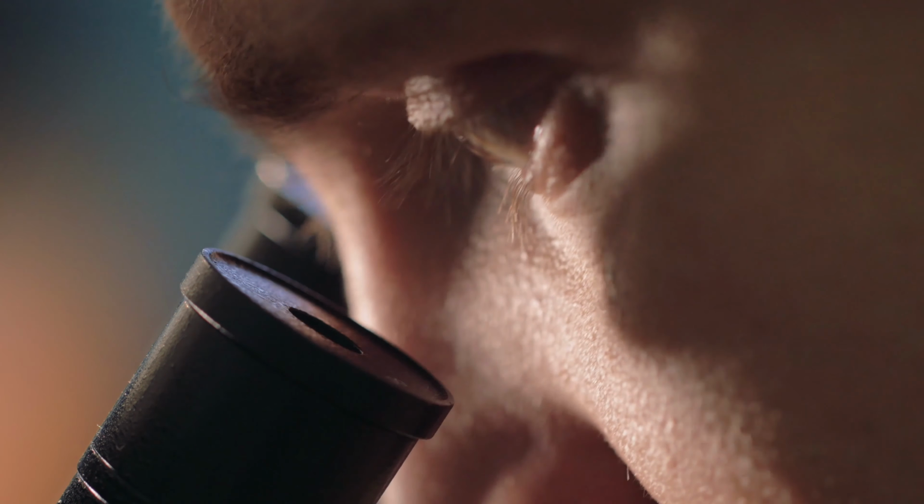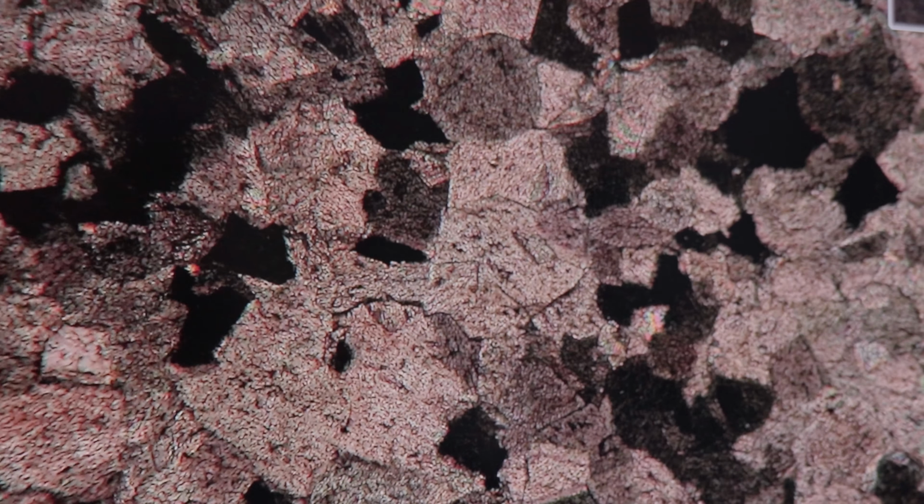Looking deep into the rock on the atomic scale tells us a lot about what environmental conditions were like at the time of the late Devonian mass extinction. This science is called geochemistry. We use chemical analyses of rocks that were formed in ancient seas to understand what the oceans were like during